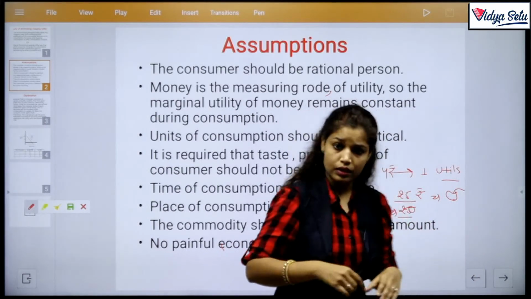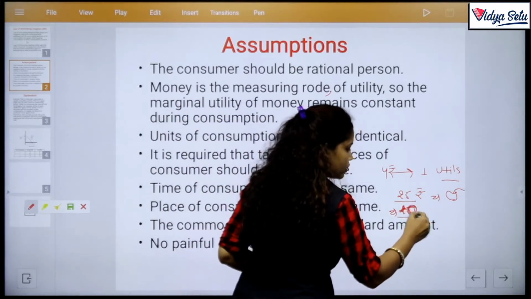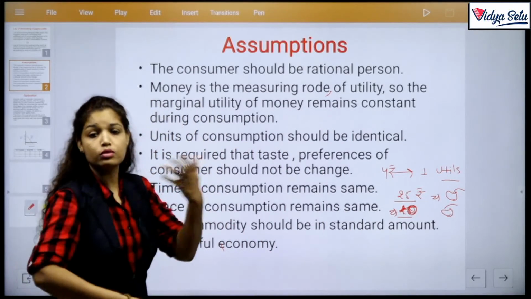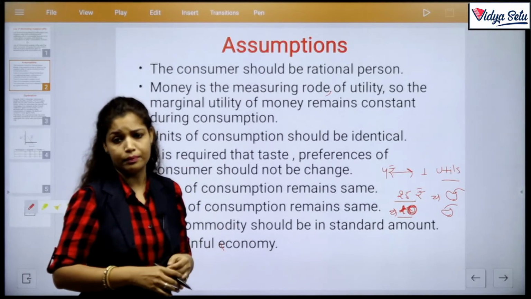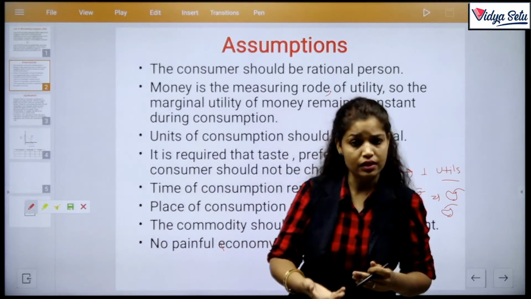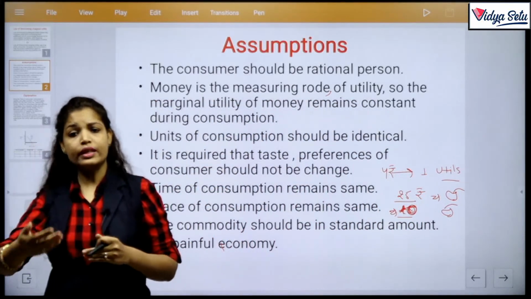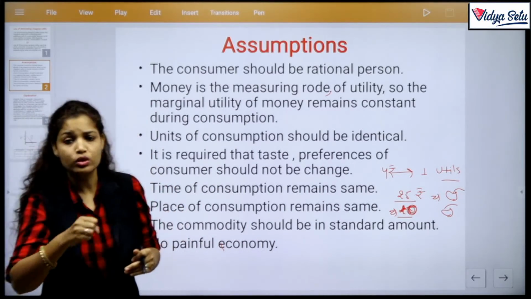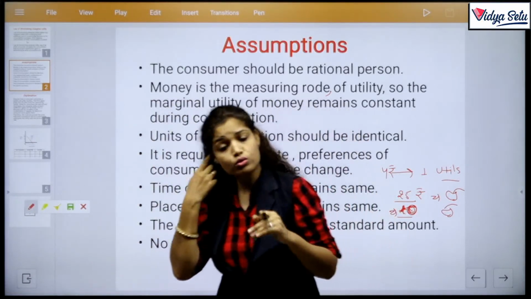Clear? If the commodity is available in 20 rupees, then the satisfaction of the second one increases. Or if the seller gives you the second apple free of cost, then the satisfaction will also increase. And what we are studying is satisfaction decreasing. We are studying that when the consumer increases consumption, then the satisfaction he receives goes on diminishing with every next successive unit. That means the satisfaction goes on diminishing.